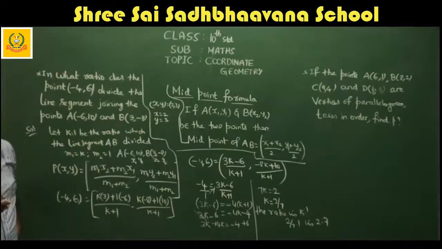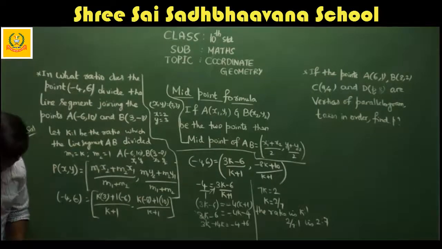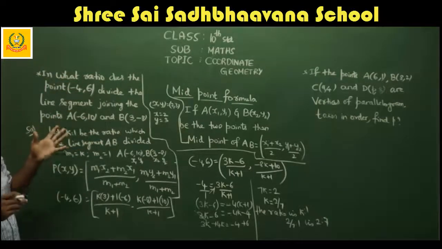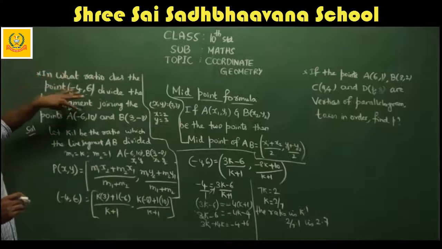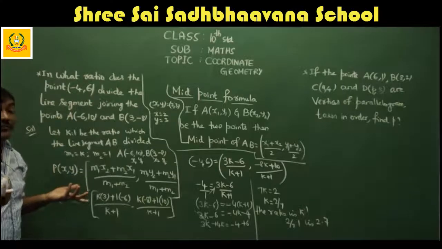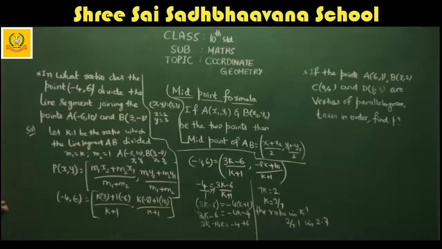Some people make the same mistakes again. You do not even see what is given. See, basically they are given x1, y1, and some people I observed take this as m1, m2. I don't know in what way they take this as m1, m2. M1, M2 are given in a ratio. Got it? If they give it in the sum, you have to notice that, for example, if it is 1 is to 2, 2 is to 3, 1 is to 5, that is considered as M1 M2. Not this. This is a point. So that kind of mistake students may also do.